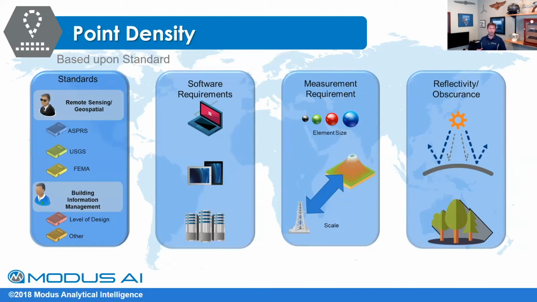which moves me into the measurement requirements. The amount of point density that you need is also how you're going to pull that out. So if you don't have points on an object, you can't measure it. However, when we talk about that,